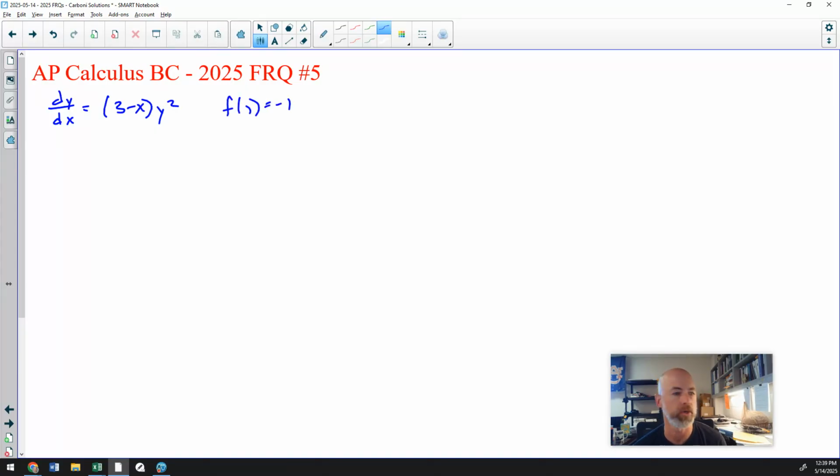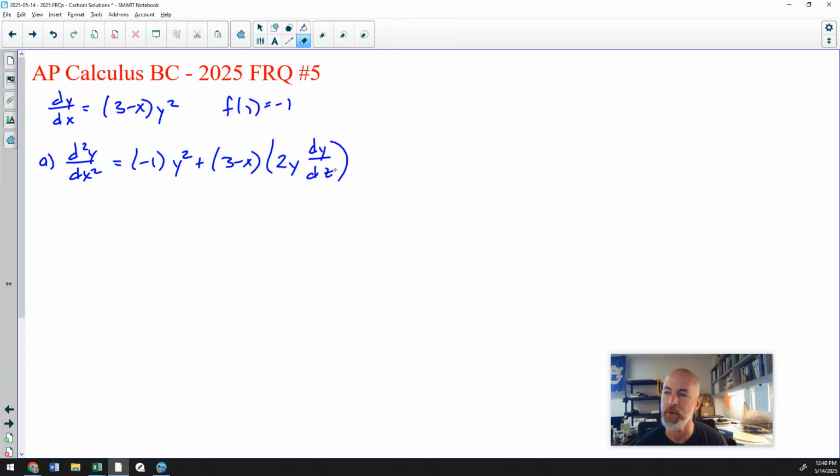f of 1 is negative 1. All right, find f double prime of negative 1 and show the work that leads to your answer. So for my second derivative in part A, you just have to remember this is an implicit problem. d squared y over dx squared is going to be the derivative of 3 minus x, that's negative 1, times y squared, plus (3 minus x) times the derivative of y squared, which is 2y. However, we are differentiating with respect to x. y is not x, so we give it the implicit treatment, dy/dx, and